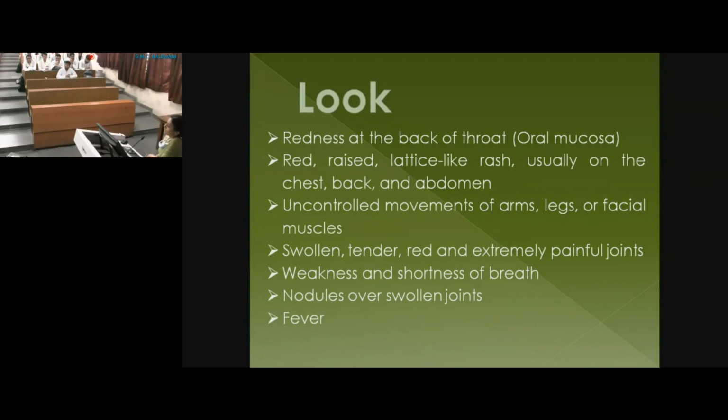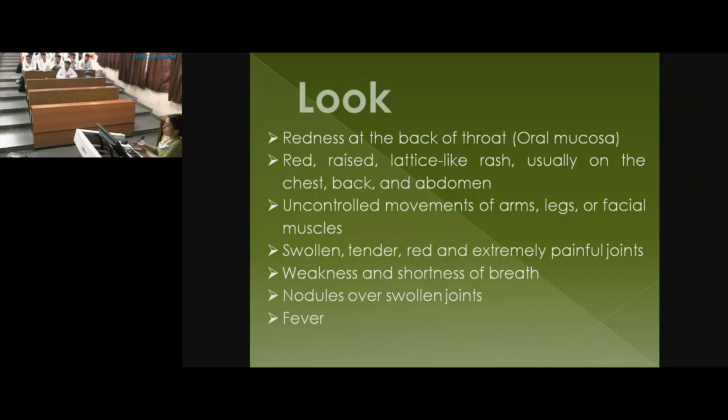Knowing fully well that it is an immunological phenomenon, we don't want to eradicate that rheumatogenic strain. In case the child is still a carrier, we don't want him to spread the rheumatic strain to other children. We don't know who's more genetically susceptible, so just to eradicate that strain, once you have diagnosed the child as rheumatic fever, we still give them a course of 10 days penicillin or a single dose of benzathine penicillin.